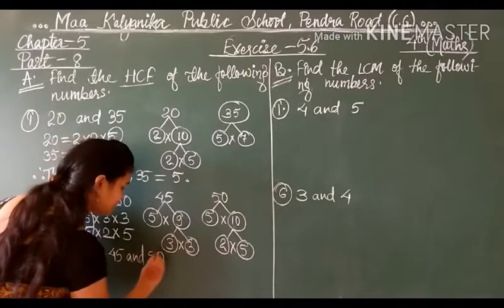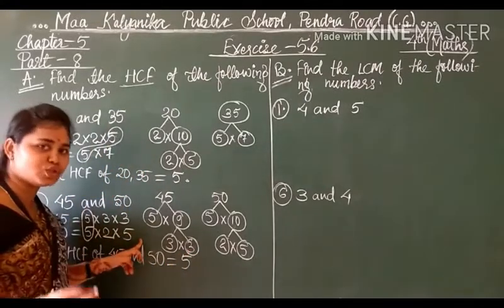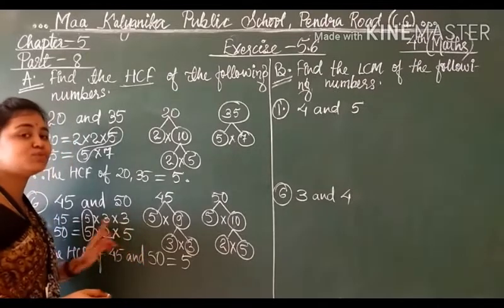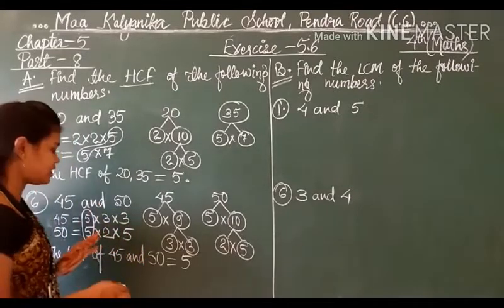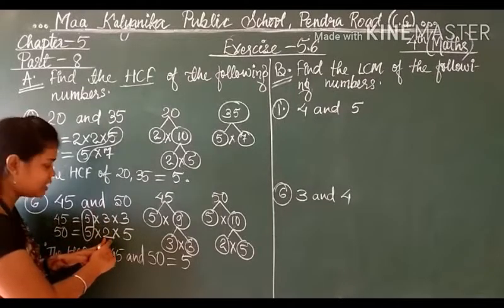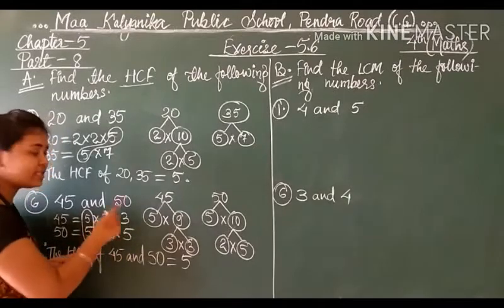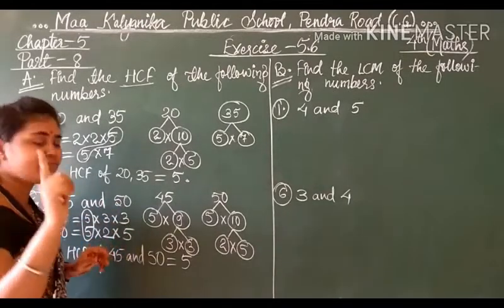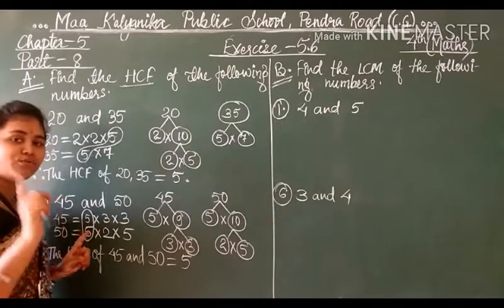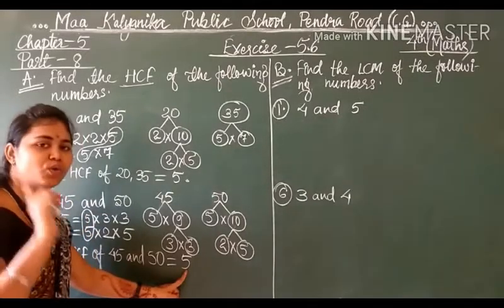And 50 is equal to 5. If other common factors will also be there, students, then you have to take both the common factors. Maybe 2 times, if it is coming like 3 is here, 3 is also here, and 5 is here, 5 is also here, and many more numbers. So we will take all those common factors, but we will write only once. Like here 5 is there in both, but 2 times we have not taken, only one time.